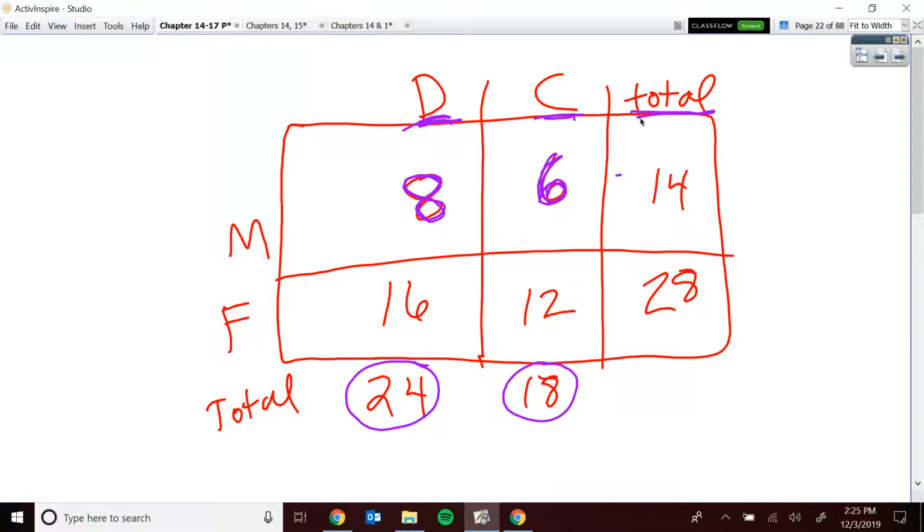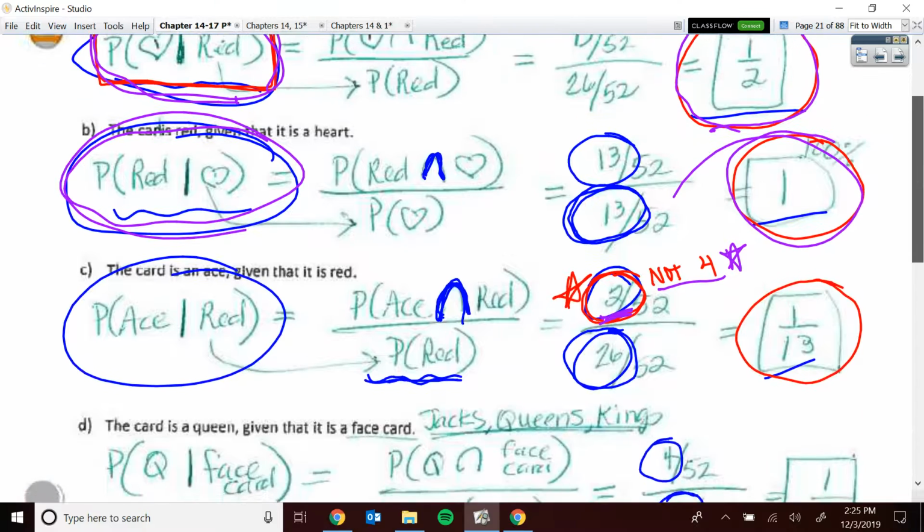So I knew I had then 14 males total. And so then I can use these totals down here to figure out what's missing in the female department. Okay, here, then there was 6 female cats and so on. So from all of that, I could fill in the information. This made it very, very easy then to answer the questions here. Because then you can say,